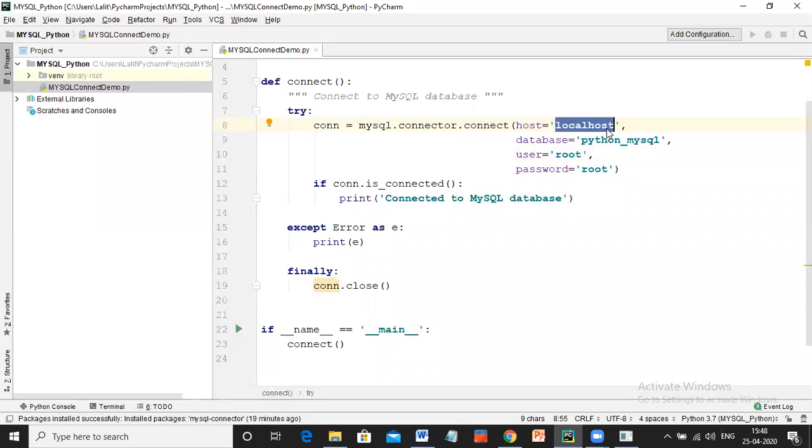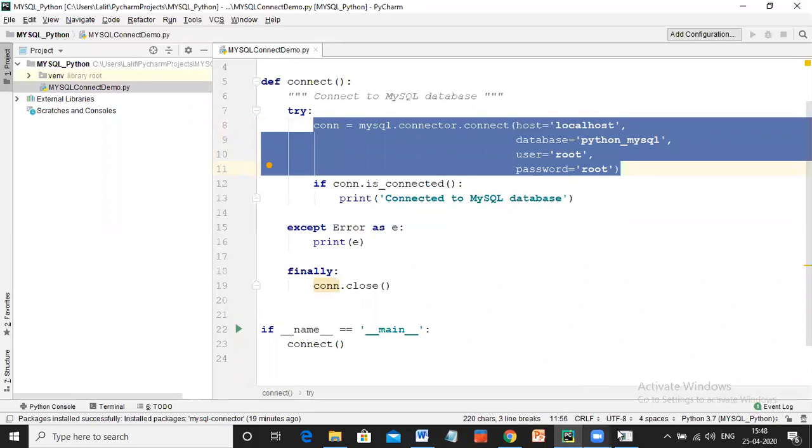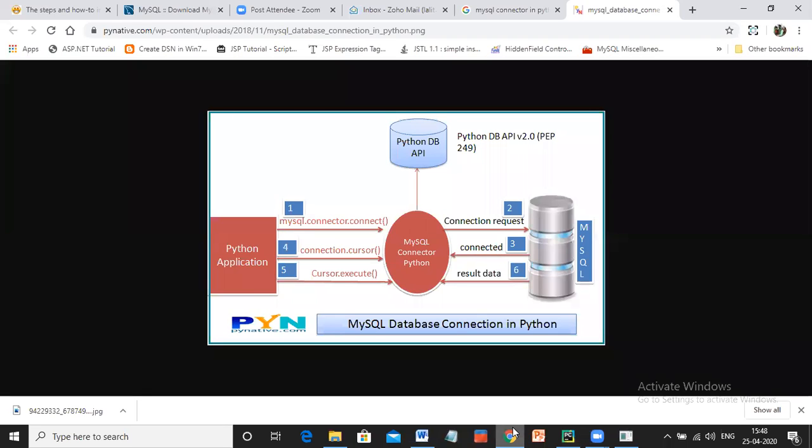So once you mention all the parameters, now if connection is connected, what does it mean? Once the interpreter runs this whole command, look at this diagram, connection request.